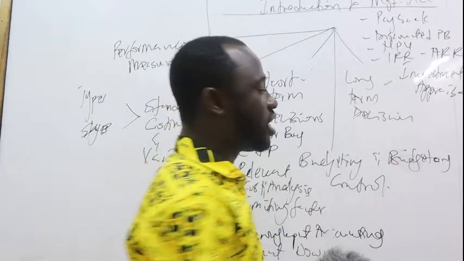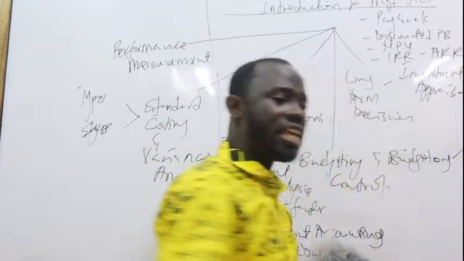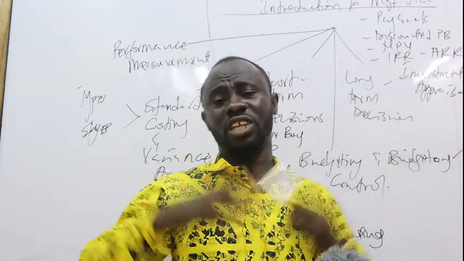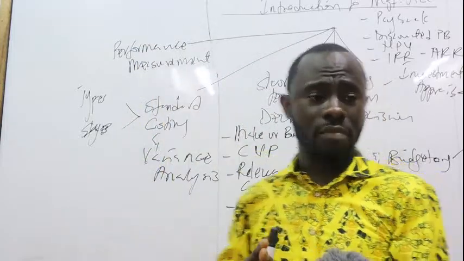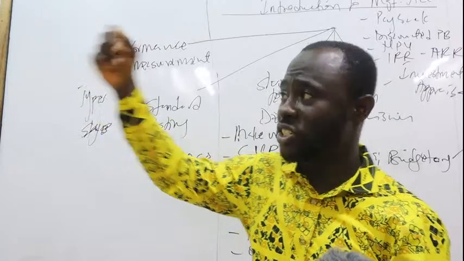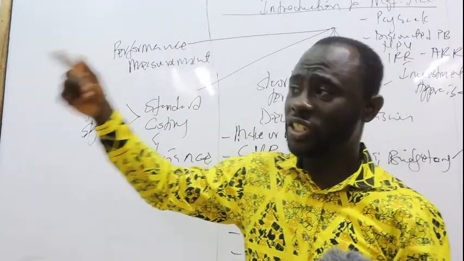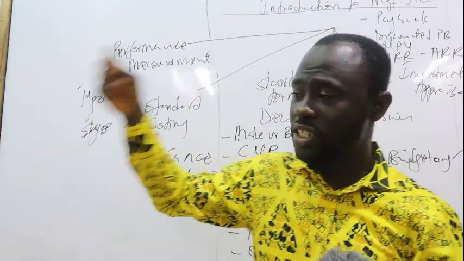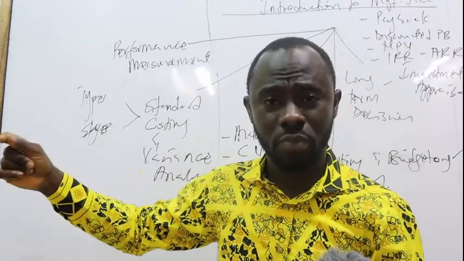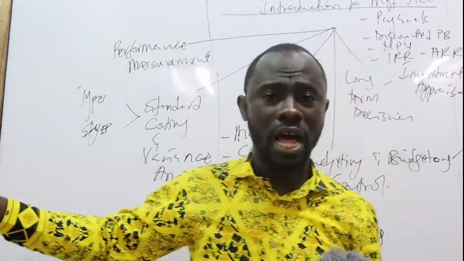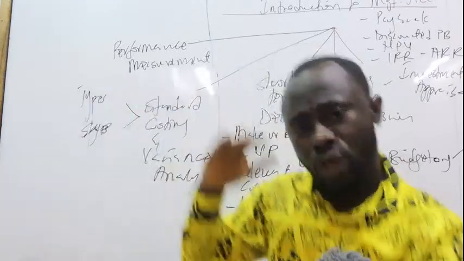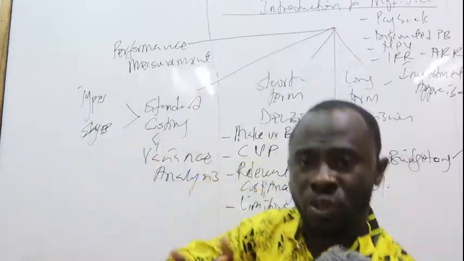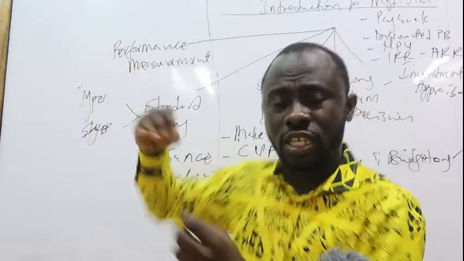And you want to understand the importance of budgeting, the stages of preparation of budget, then the various types of budgets that can be prepared. We start with the sales budget, we come to the production budget, we come to the material usage budget, we come to the material purchases budget, then we come to the labor budget, the labor hours budget, the labor cost budget, we go to the overheads budget. We now bring all of those things into the cash budget.